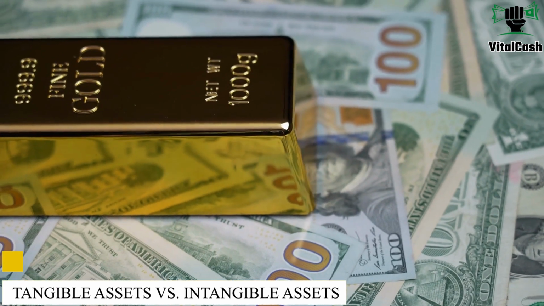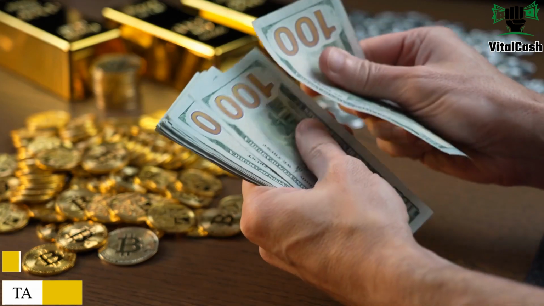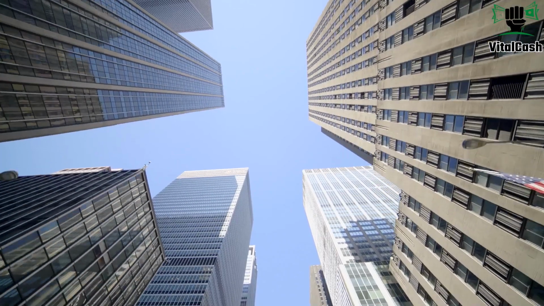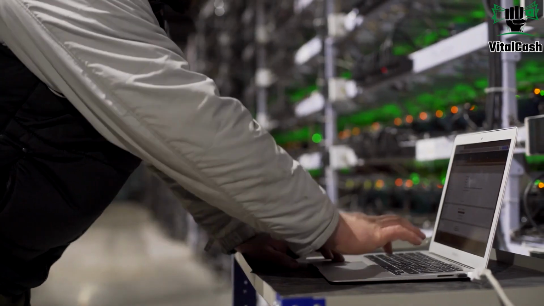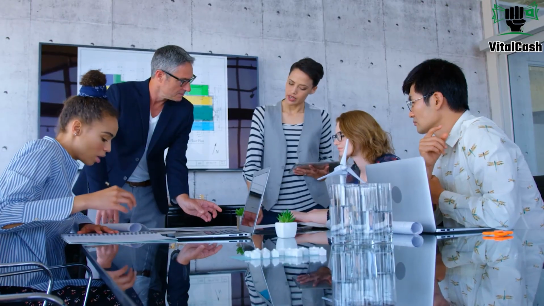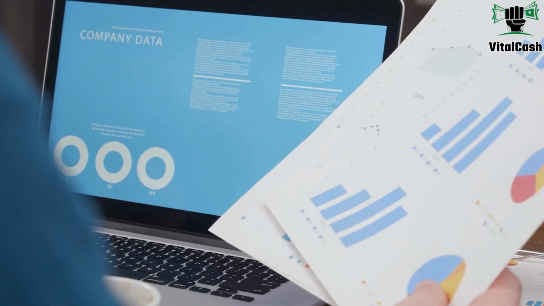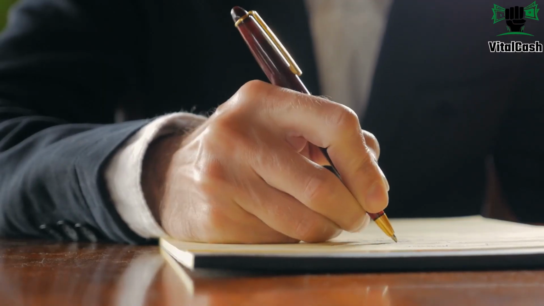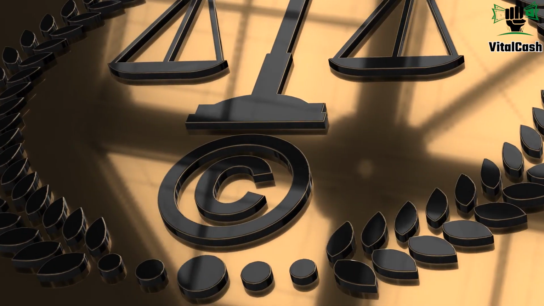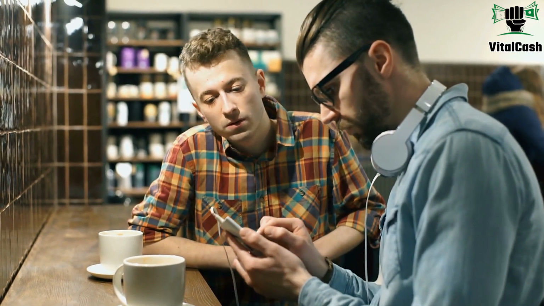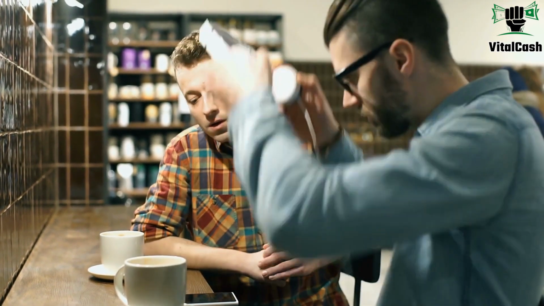Tangible assets versus intangible assets. There are two types of asset categories: tangible and intangible. Tangible assets are physical items owned by a company, such as a building, land, or computer equipment. Tangible assets are the main type of asset that companies use to produce their products and services. Intangible assets don't physically exist, yet they have a monetary value because they represent potential revenue. A type of intangible asset is a copyright to a song. The record company that owns the copyright would get paid a royalty each time the song is played.